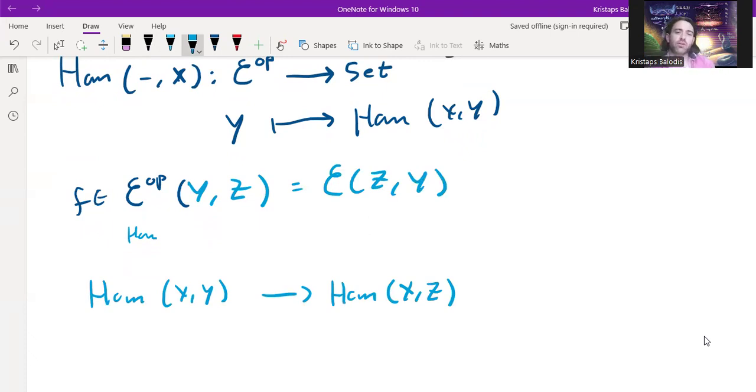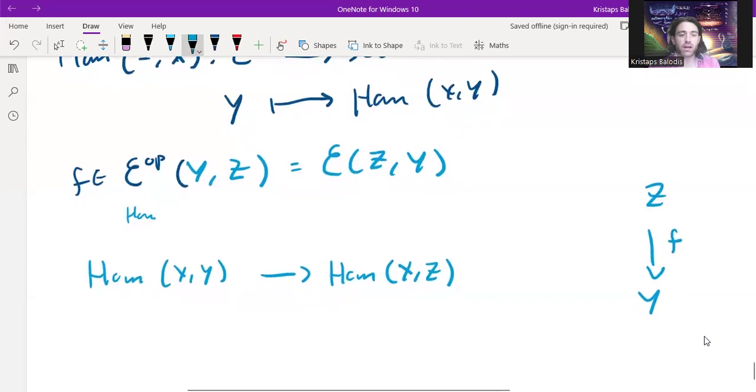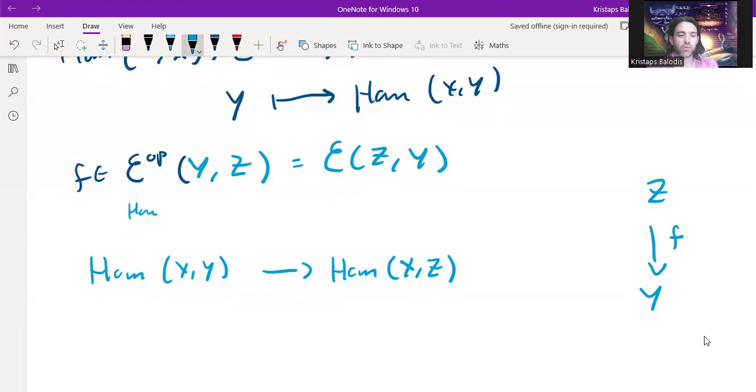So that is really the same thing as a homomorphism from Z to Y. So I've got a homomorphism from Z to Y. And now I'm supposing that I had a homomorphism from X to Y down here, so X into Y. And